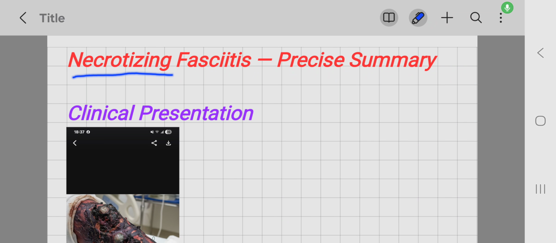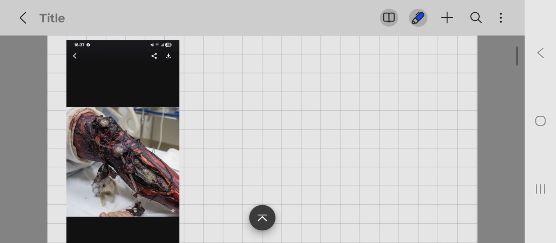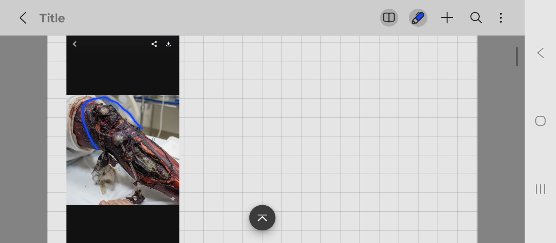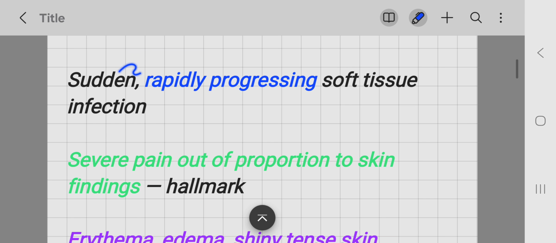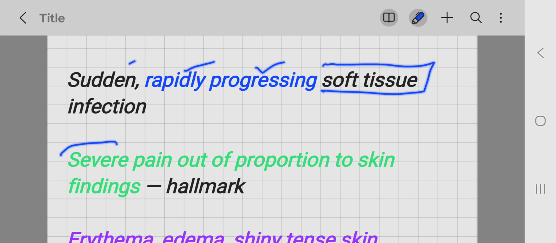In this video, I will discuss necrotizing fasciitis. Here you can see necrotizing fasciitis. There is involvement of the skin and subcutaneous tissue mostly, but here you can see underlying tissues like muscle and fascia are also involved. So patient presents to you with sudden rapidly progressing soft tissue infection, and there is severe